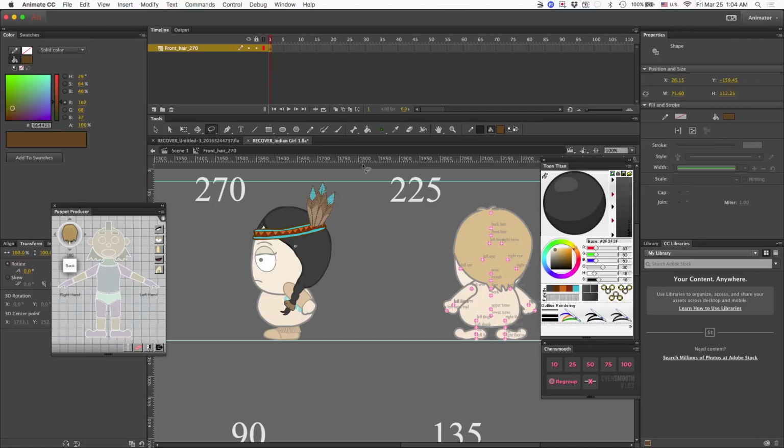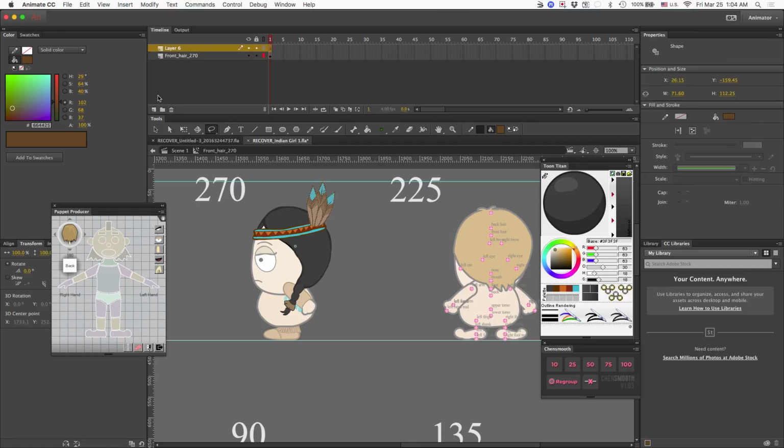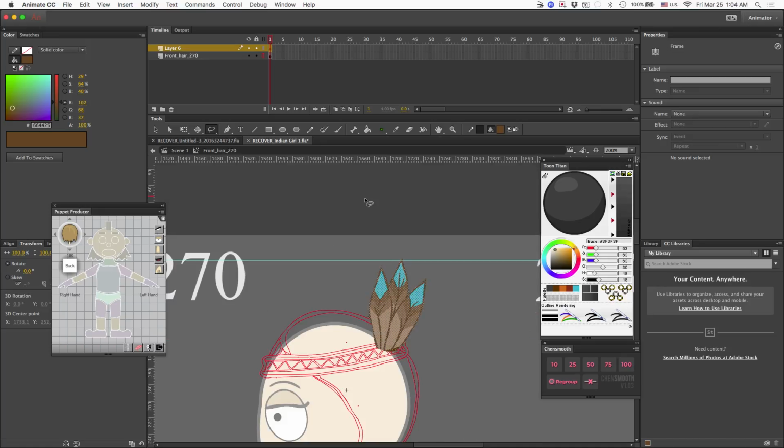So what I'm going to do, so I don't mess anything up, is cut this and create a new layer real quick. And I'm going to put the rest of the hair in an outline so that I can quickly zoom in and erase exactly where